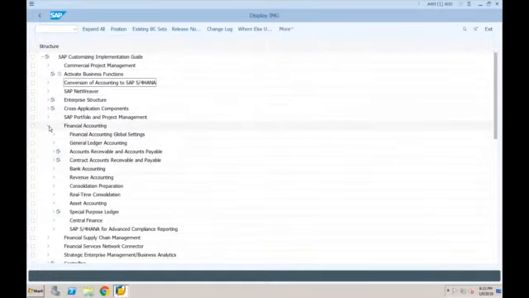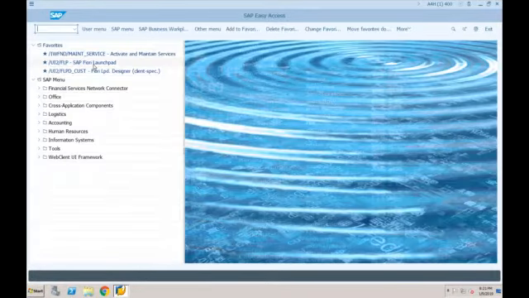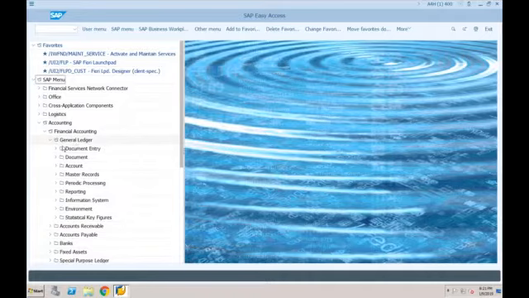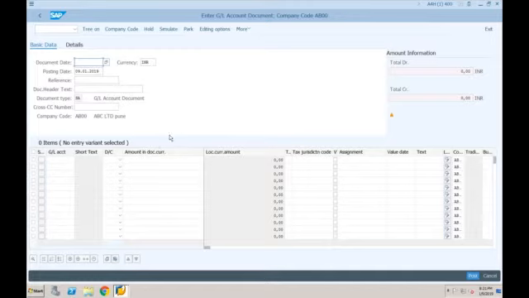Those things we will discuss in detail, but as of now, just try to understand that although we keep saying that SAP S4HANA works on a new user interface, that is SAP Fiori, when we log into SAP we are not able to see much of a difference, right? The user interface is just the same as we were using earlier. For example, if I want to create an invoice or post a general ledger document, I can still go to financial accounting, general ledger, document entry, and double click on this. Not many changes; the screens are also the same.